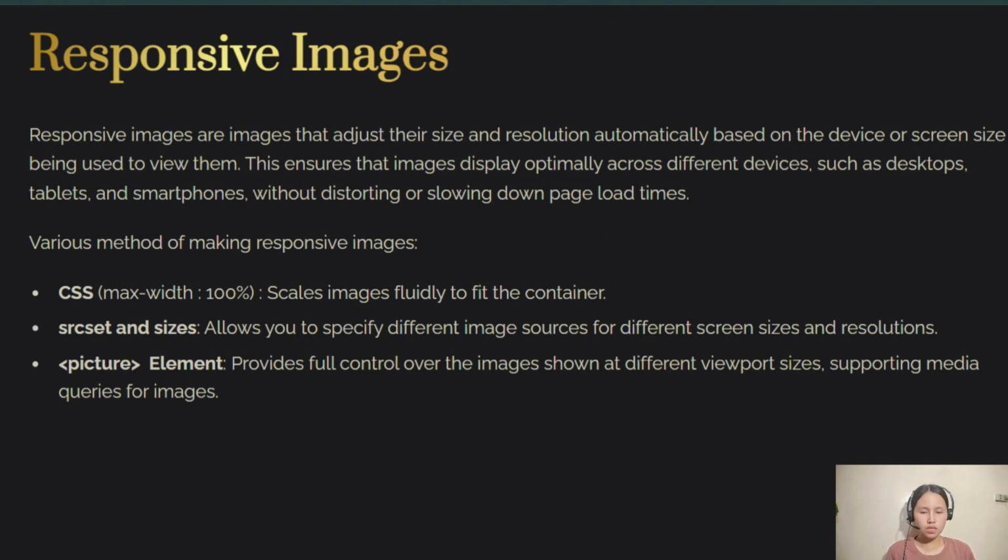For CSS, you have to use max-width: 100%. This scales images fluidly to fit the container. The srcset and sizes attributes allow you to specify different image sources for different screen sizes and resolutions. And lastly, the picture element provides full control over the images shown at different viewport sizes, supporting media queries for images. So this is the example of